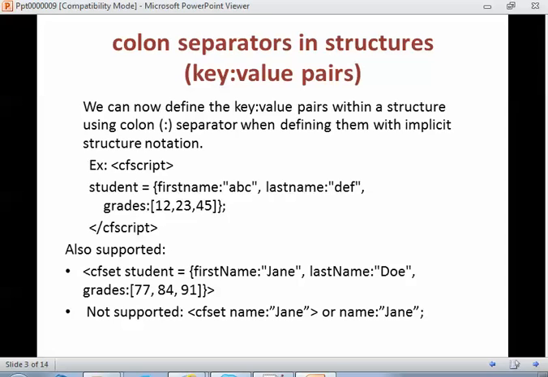We can dump this. It's also possible for CF set, using CF set also we can use this, but it's not supported for something like the CF set name gen. That means it is not a replacement of equal to, it's only used in case of structures. It's always not a replacement. We can go through the example now.